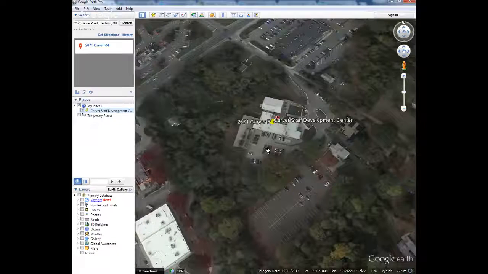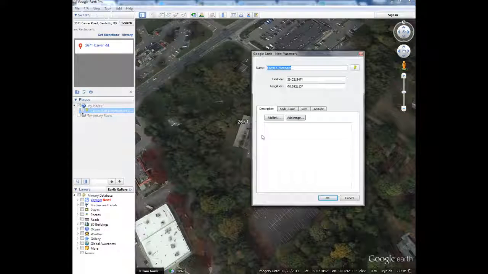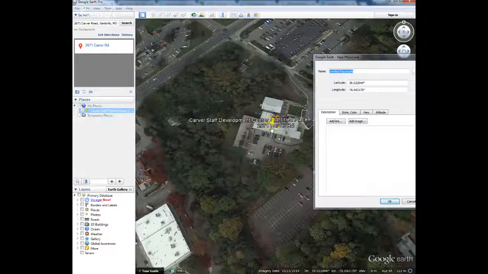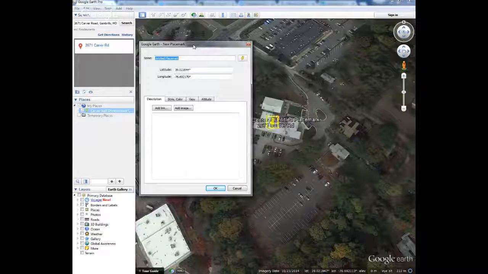So the first thing that we're going to do is add a place mark to this location, and you're going to add that place mark by using this icon in the upper left-hand corner of your toolbar that looks like a push pin. And when you add your push pin, it's going to drop that onto the map. And then it's going to give you a box where you can add additional information, beginning with the name of this location. So I'm going to type in that this is the Carver Staff